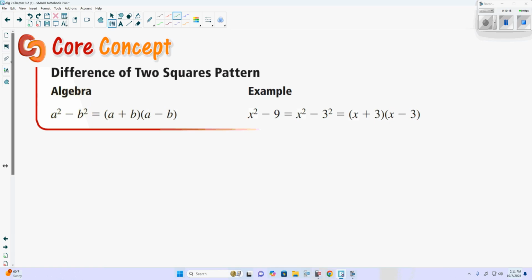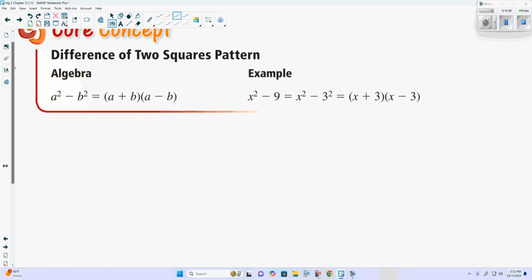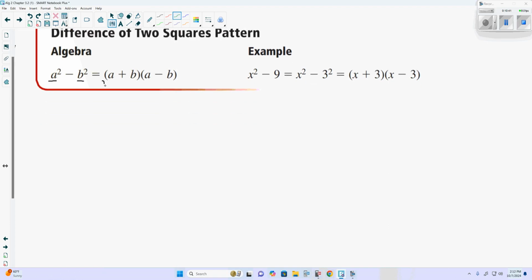Difference of perfect squares. If it is a difference of perfect squares, the reason we define it as such is our two terms that are being subtracted are perfect squares. We can rewrite them as something times itself. That's what a perfect square is. And they're a difference because they're being subtracted. So the difference of perfect squares is two terms that are being subtracted, and both of them are perfect squares. And if we do have that, a squared minus b squared is equal to a plus b times a minus